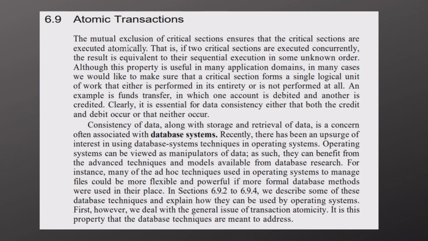It means that the data in the database must satisfy all the defined integrity constraints. Third one, isolation. Isolation ensures that each transaction is executed in isolation from other concurrent transactions. This means that the intermediate state of a transaction is not visible to other transactions until it is committed. Fourth one, durability. Durability ensures that once a transaction is committed, its changes are permanent and will survive any subsequent failures, such as system errors or power